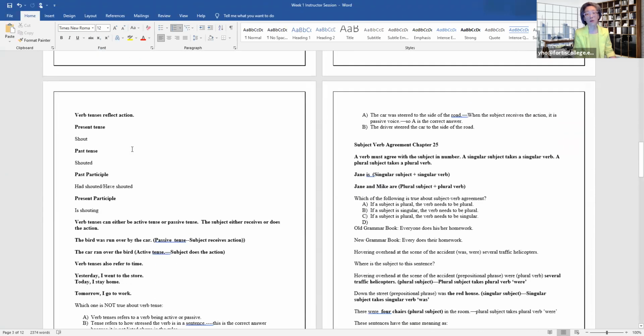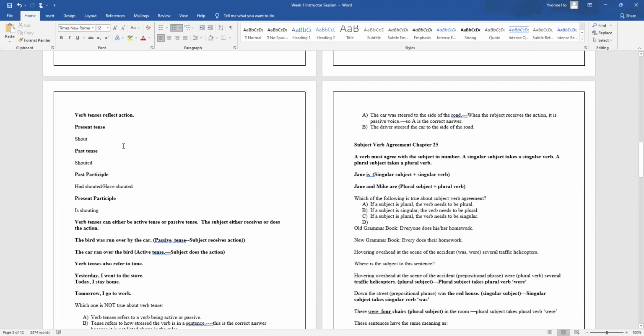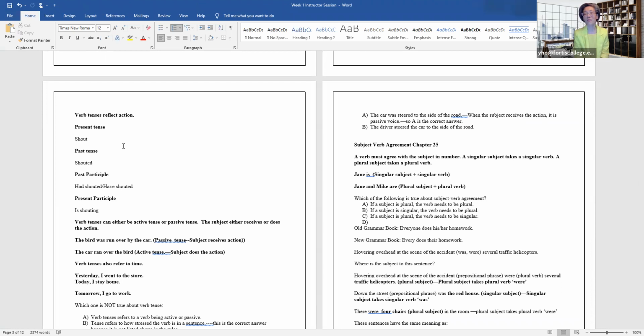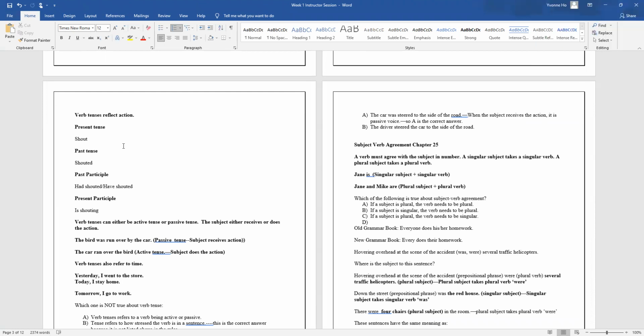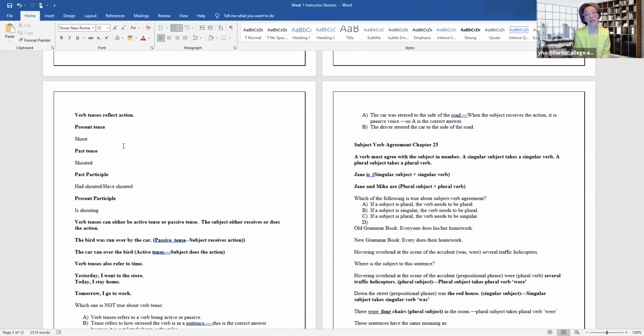So what is a pronoun, Andy? It replaces the noun. It replaces a noun. Can you give me some examples of pronouns? He, she. They, yes, no, those are all, that's correct. Those are all subject pronouns. We're going to also learn that there are many different kinds of pronouns as well.